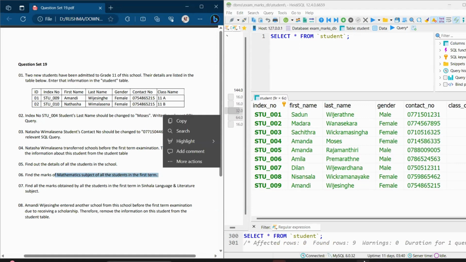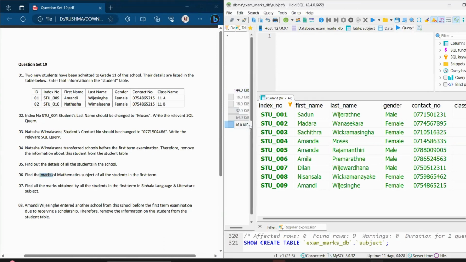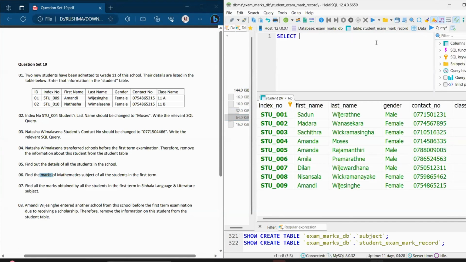And then it says find the marks of mathematics subject of all the students in the first term. Okay. So let's see how to use queries and join queries to find the data for the sixth question now. So first of all, we have to see what should we select or what should we search. So we have to select all the marks. So where do we have the marks? Marks is there in the student exam mark record table. So we have to select the marks column from this table,